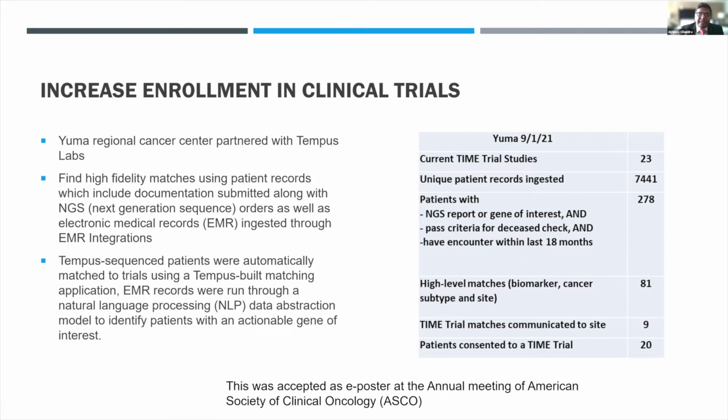The goal is that if there is any targeted mutation, then we would have some drugs for that mutation. Based on that partnership, what we found was that Tempus does high fidelity matches using patient records, which include the next generation sequencing data as well as the EMR, which is ingested through the EMR integrations. Tempus sequenced patients were automatically matched to trials using a matching application. And then the EMR records were run through an NLP data abstraction model to identify patients with an actionable gene